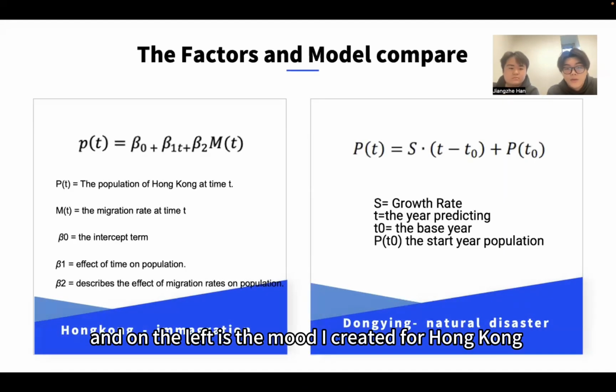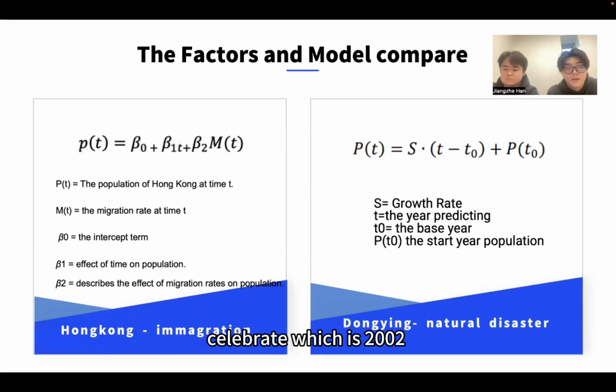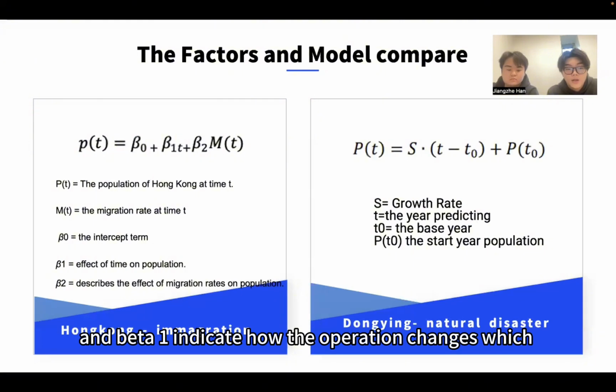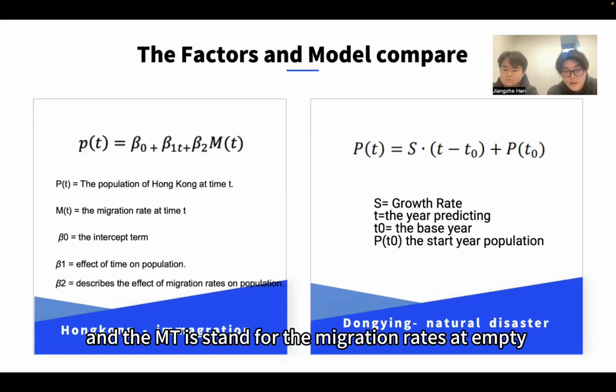And we will compare the population-focused models of two cities. On the left is the model I created for Hong Kong. Beta 0 represents the baseline population at the start of the study period, which is 2002. Beta 1 indicates how the population changed with each additional year. Beta 2 shows the impact of migration rates on population, and MT stands for the migration rate at